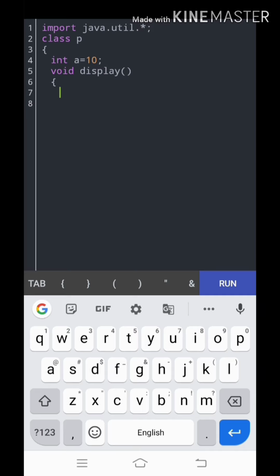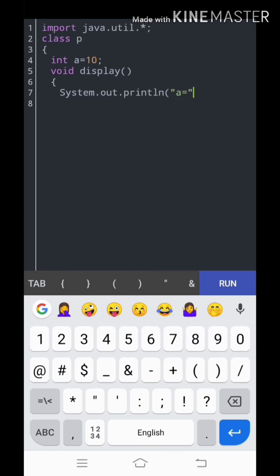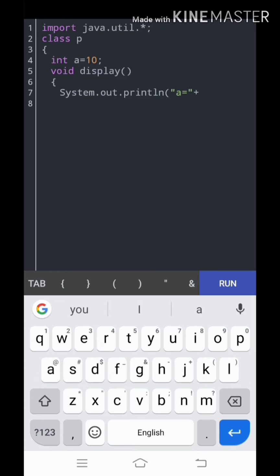I'm going to write System.out.println, displaying the value a equal to, with the concatenation symbol plus, calling a.